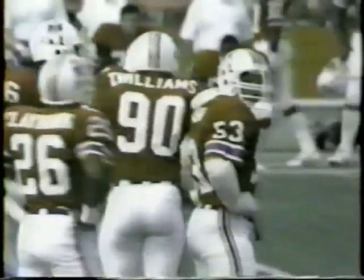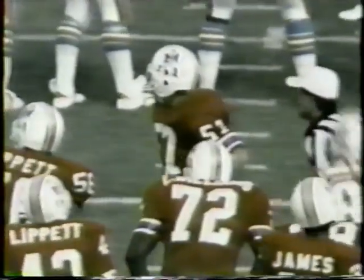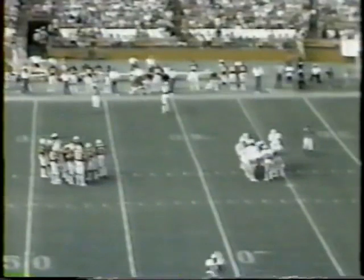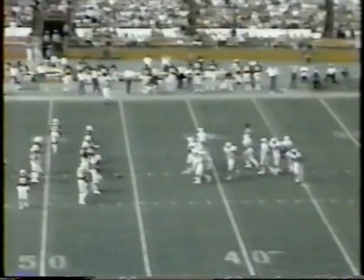Woody Bennett comes into the offensive set for Miami. And a second and 8. You expect the Dolphins to throw? I think you've got to expect either a throw or something around the end, maybe a quick trap up the middle. What you're seeing on the part of the New England Patriots, they're shuffling their